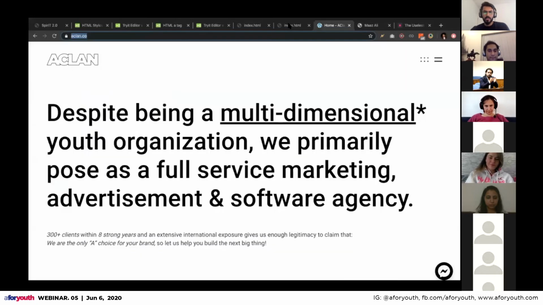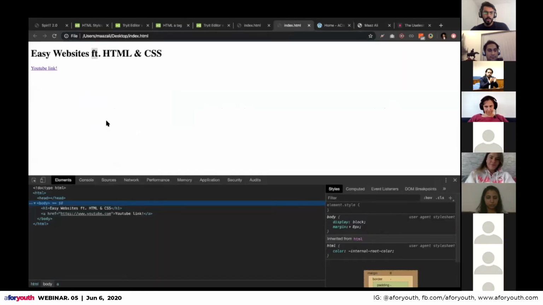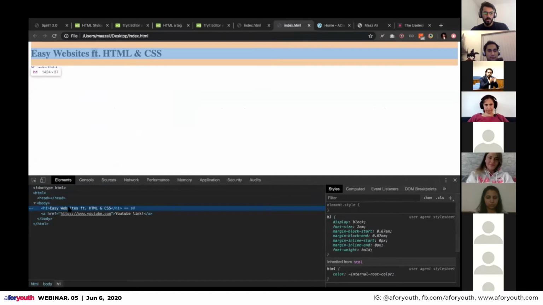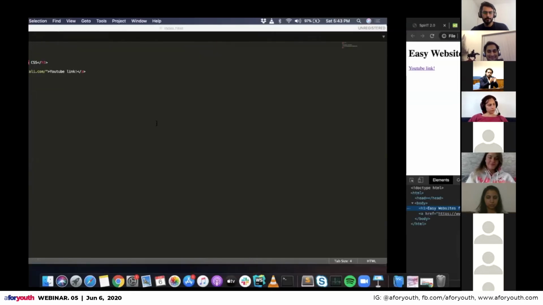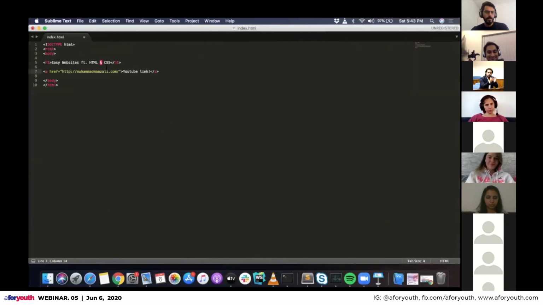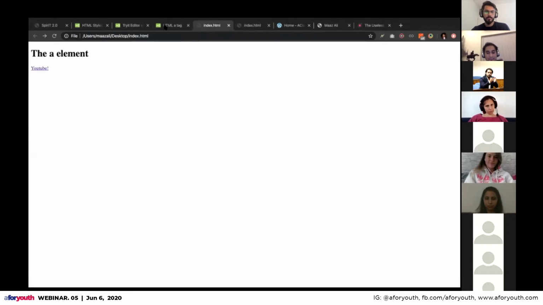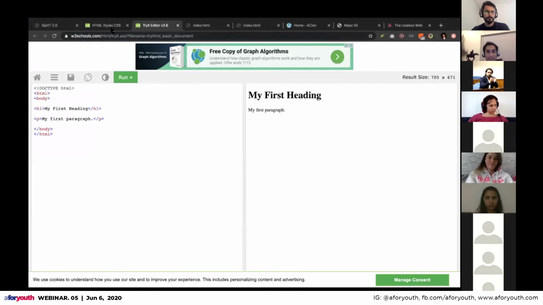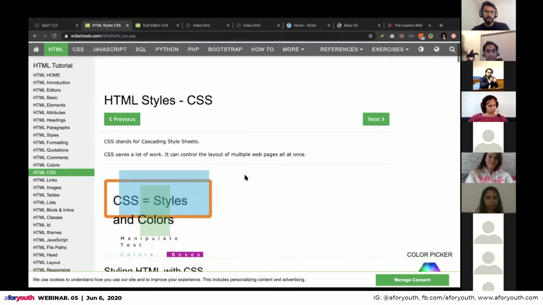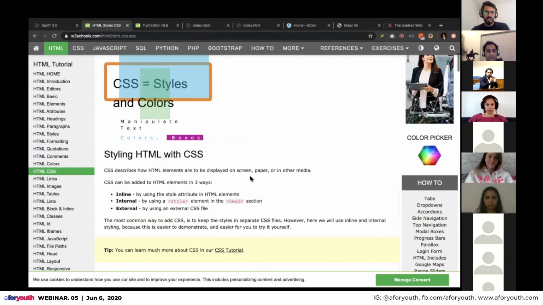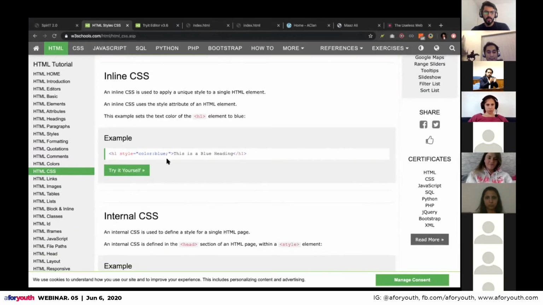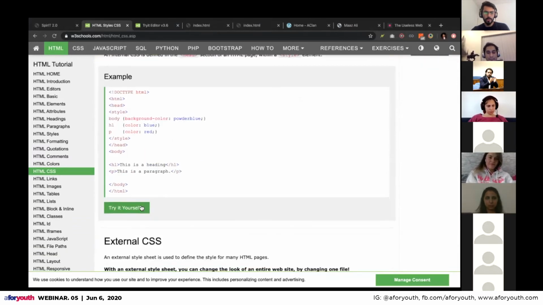So yeah, let's start with the very basic website that we started doing. Maybe we can go here as well. In here, we can see these inline CSS as well.